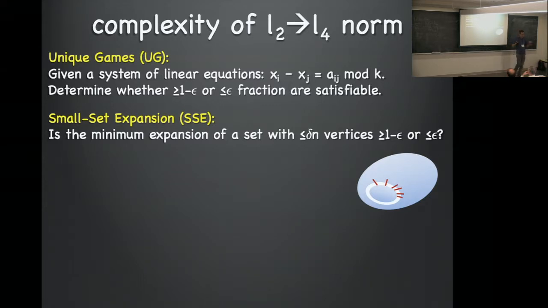And it turns out this small set expansion problem is similar to the unique games problem in computational difficulty, and it reduces to the 2 to 4 norm problem. So if you can compute the 2 to 4 norm on a graph, you can solve the small set expansion problem. Yeah? When you say similar, you mean there's like a reduction, or? There is a reduction, but it only works in one direction if the unique games instance is on a graph that is a good small set expander.